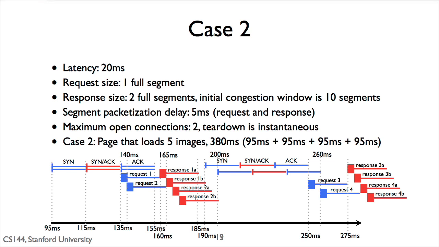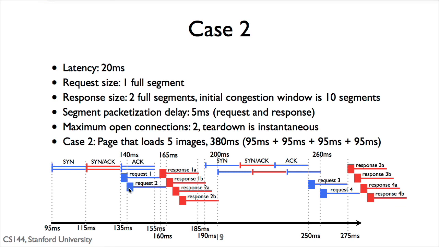Let's look at this pictorially to see what's happening. This picture starts after the first initial page request. It's showing what happens as the client requests images. So we start at 95 milliseconds. There's a pair of SYNs as the two connections start their three-way handshake. So 40 milliseconds later, at 135 milliseconds, the client sends request 1, and then request 2 at